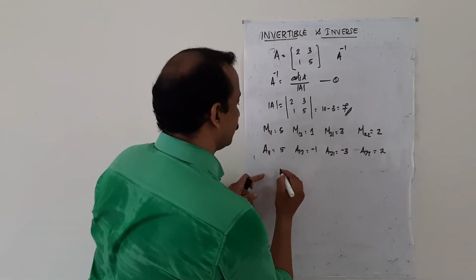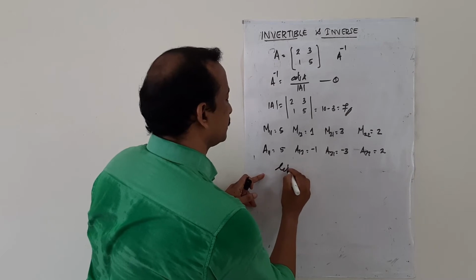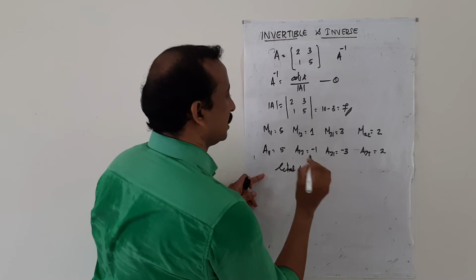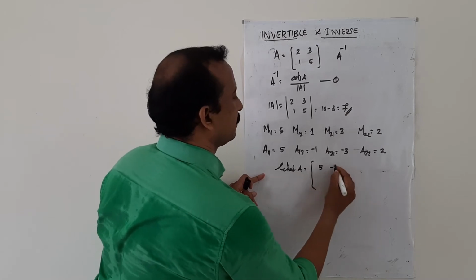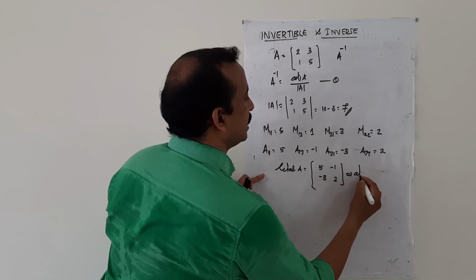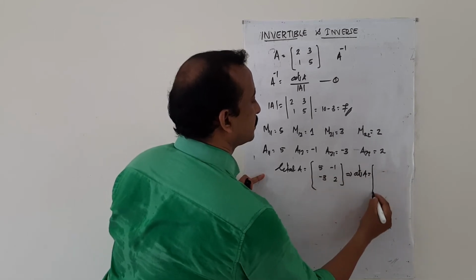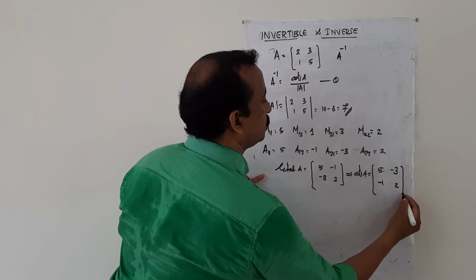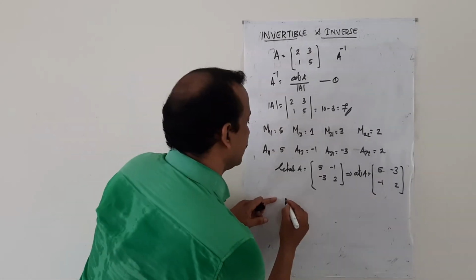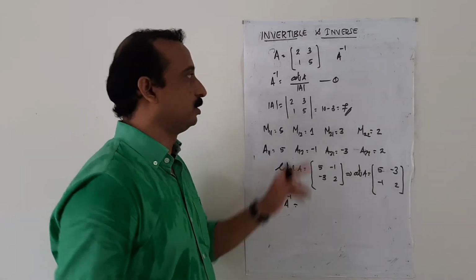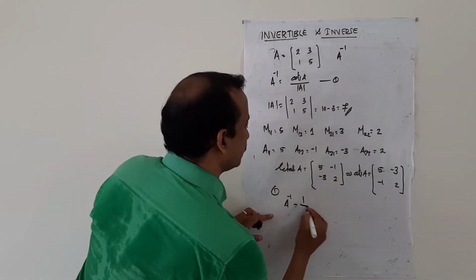And therefore the cofactors of the given matrix A are 5, minus 1, minus 3, 2. That implies the adjoint of the given matrix is the transpose, that is 5, minus 3, minus 1, 2. That is the adjoint. Substituting in equation 1, we get A inverse equal to 1 by 7